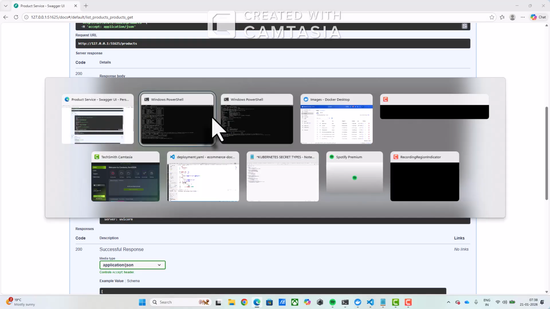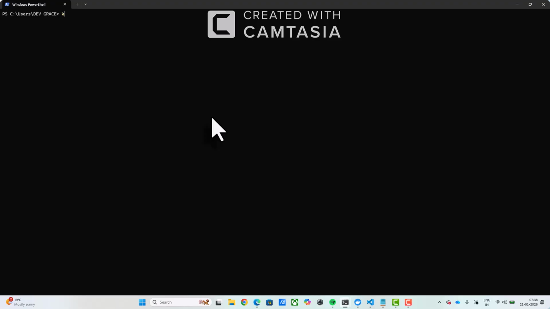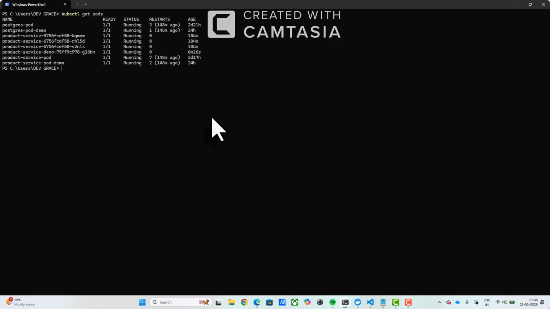And now what I can show you is kubectl get pods. So you can see product service demo. There is only one pod running, right? Only one. So if it fails, then there is nothing to manage over there, right? So to make it better, we are going to scale it up. Okay. So with the command,